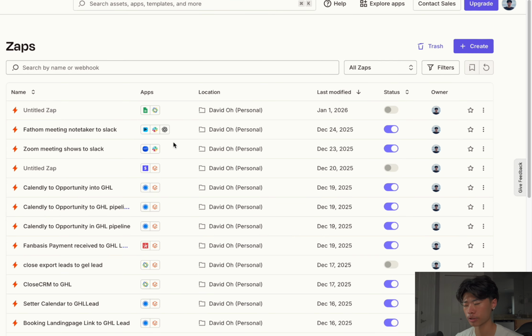Fathom meeting note taker. So whenever we're done with a Fathom meeting, it sends me the transcript over to Slack, and it also does so with a specific automation from N8N. If you guys want to check out that video, I believe I have it up already on the channel. But it also sends me a few examples of what I could have improved on